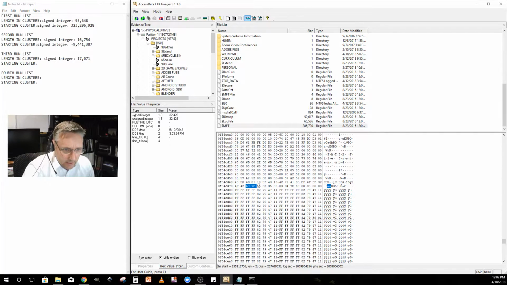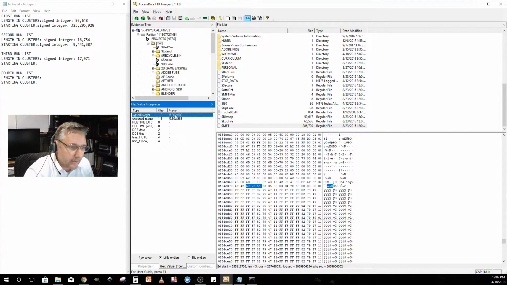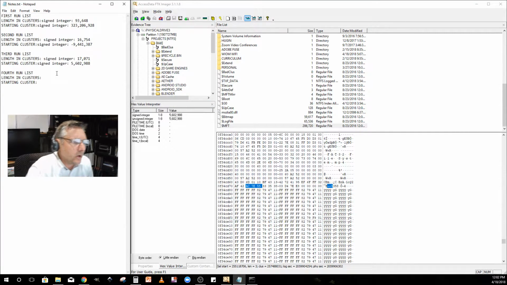And then the next 3 are going to be our starting cluster from the previous cluster. So let's go ahead and copy that out there, starting cluster, Control V. There you go. So we're going to take this first starting cluster, 323 million something, and we're going to go get that